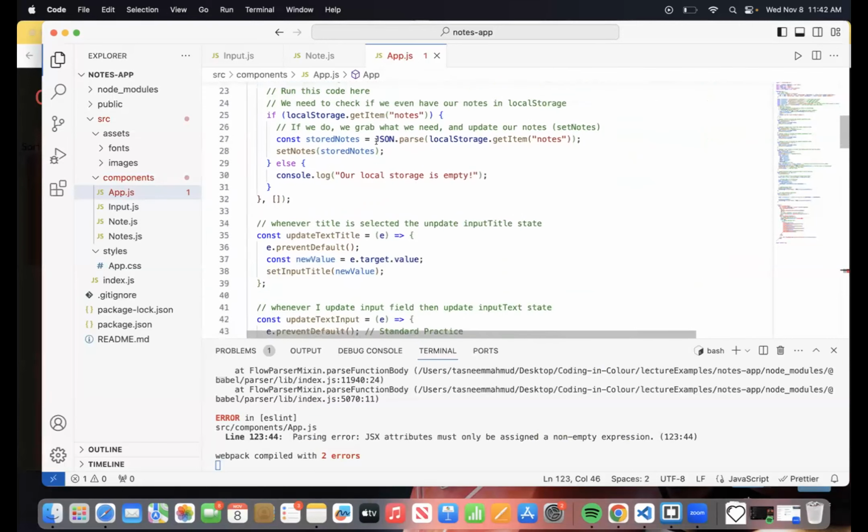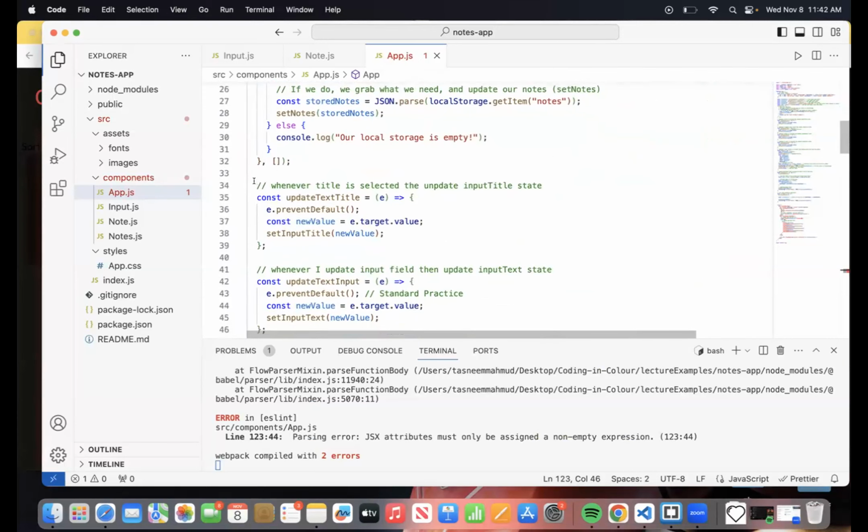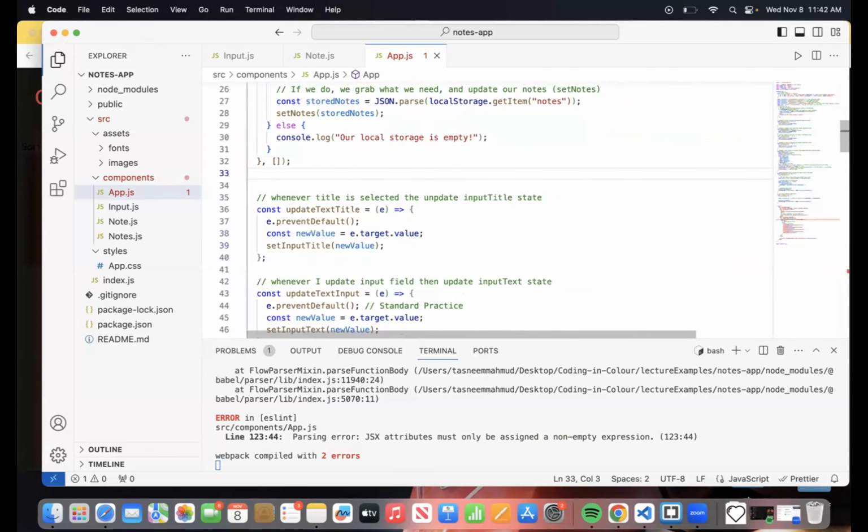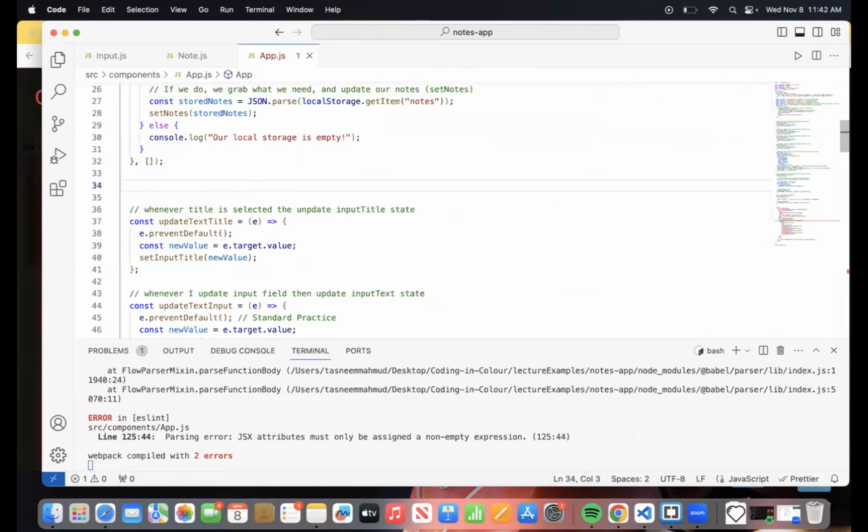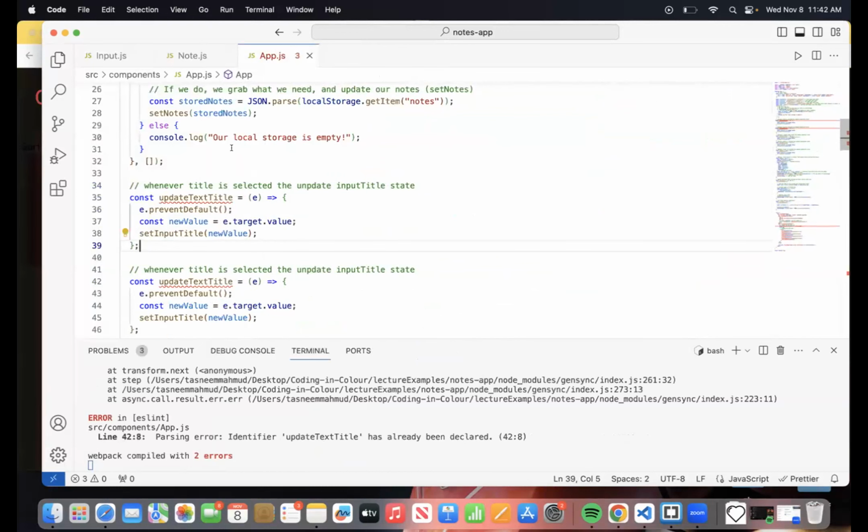For that, let me create a new function over here that will be called update search. Whenever search, change search input search, sorry.